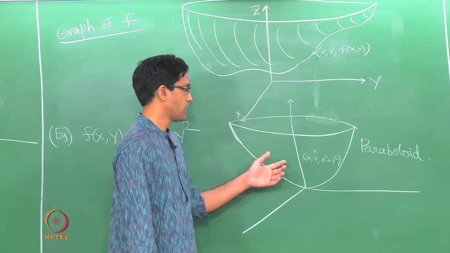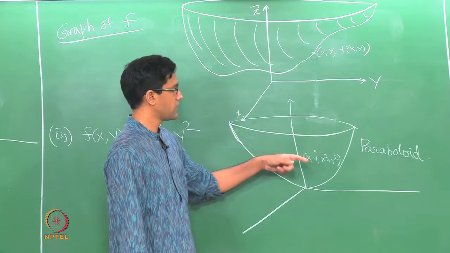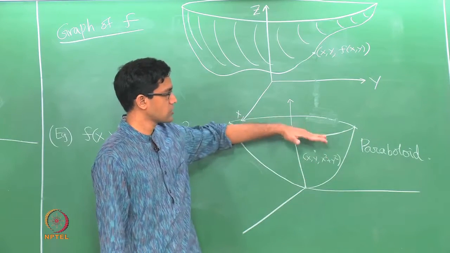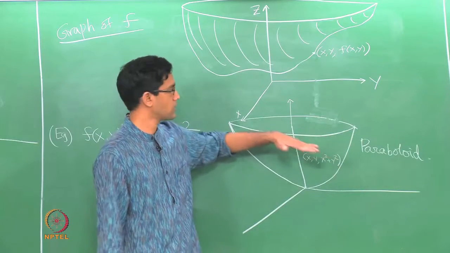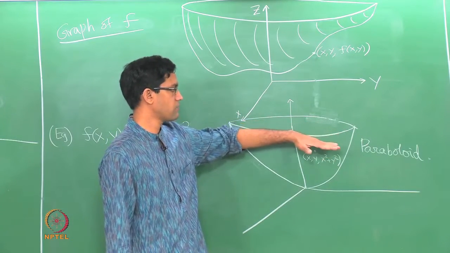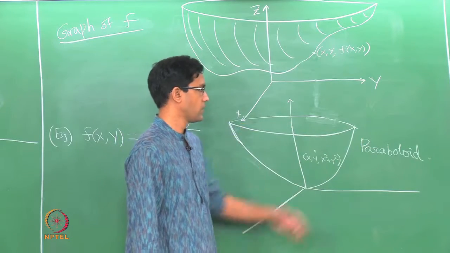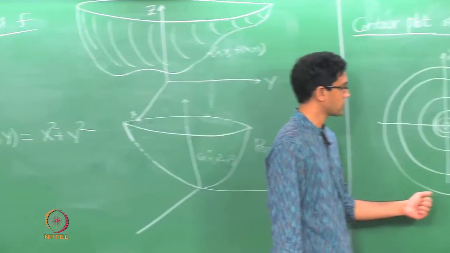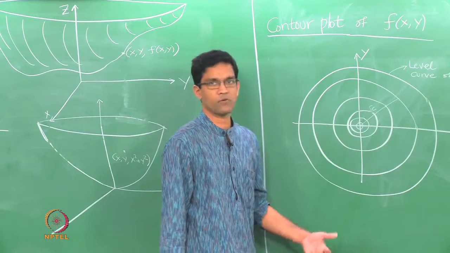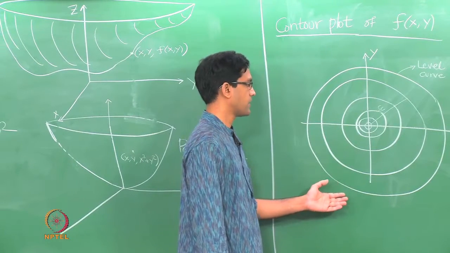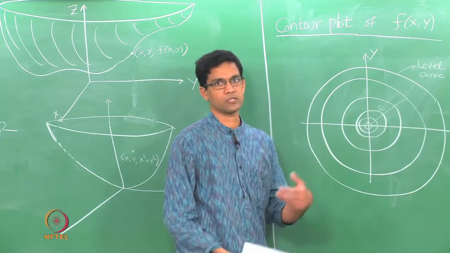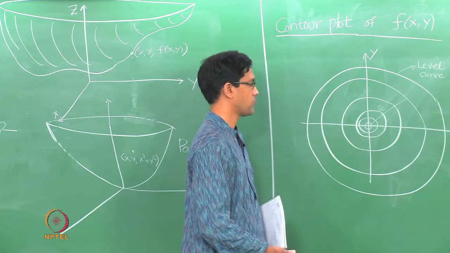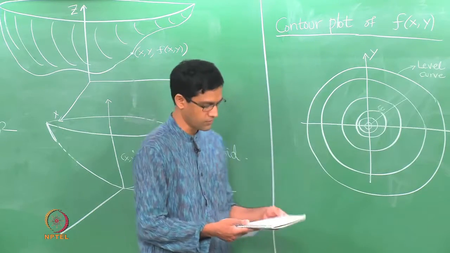In this case it is easy, but an alternative would be to draw the sections, the cross sections. So, the cross sections, notice, are exactly the level curves. They give you the curves that you get when you demand that f of x y has to equal some value c. So, these cross sections parallel to the xy plane, if you plot all of them, that is what is called a contour plot or the set of all level curves, and this again has the advantage of just being a 2-dimensional plot. So, it is that much easier to handle and also contains quite a lot of information about the function. So, these are two different graphical ways.